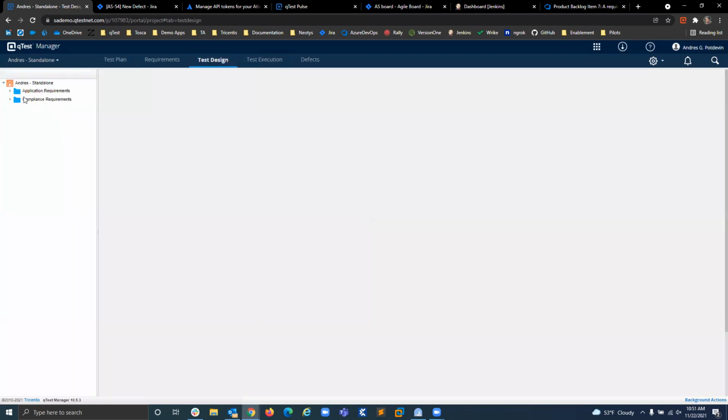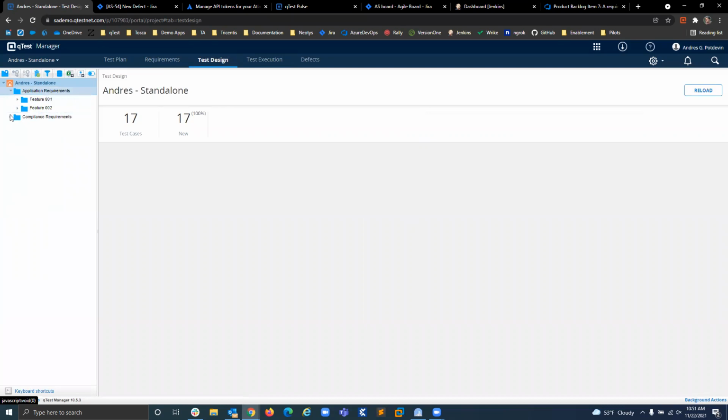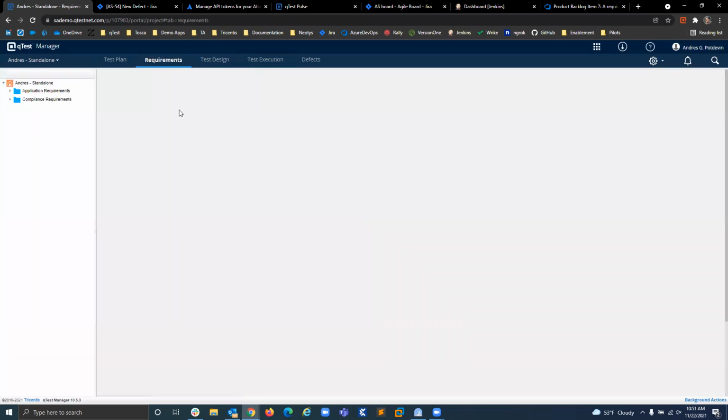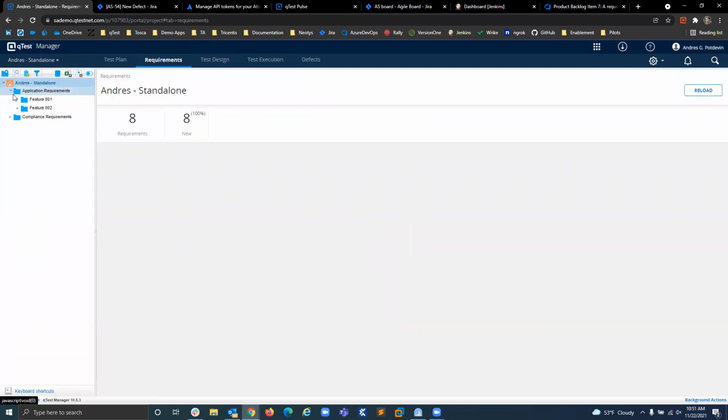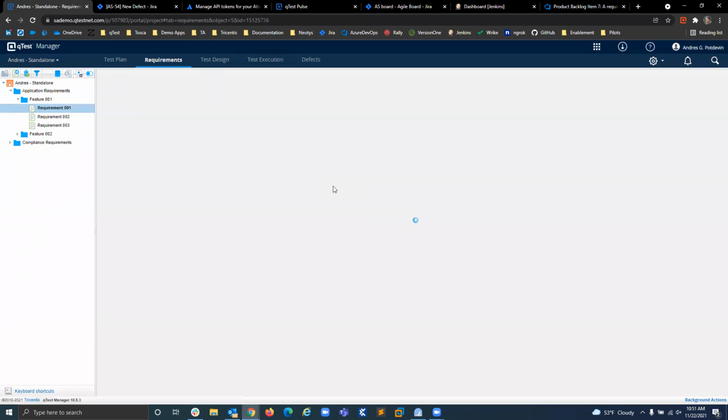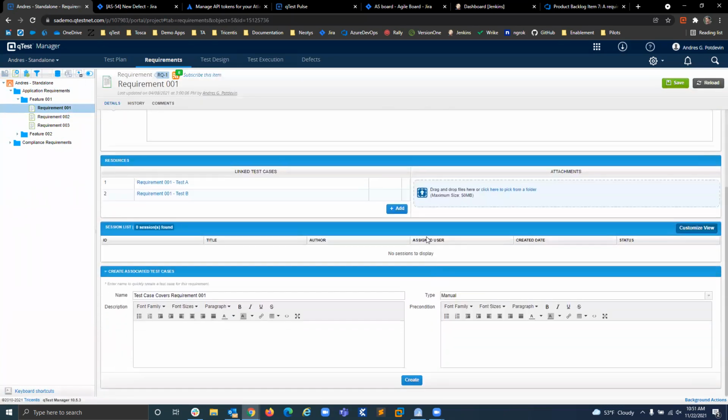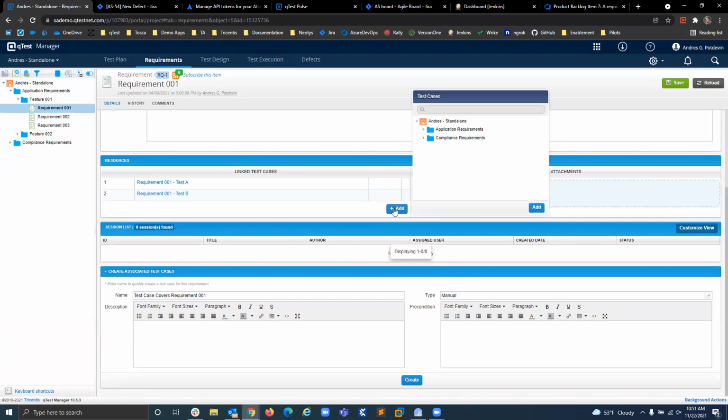If I go to my test design, I can see that I have completely different tests that I've built over here. But that being said, if I go to requirements, let me pick a requirement at random, I can go to add test cases, and in here I'll see that,